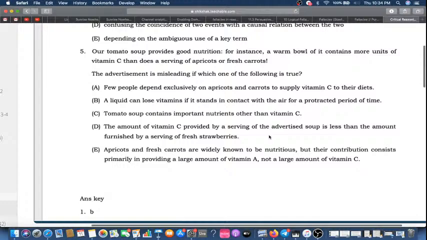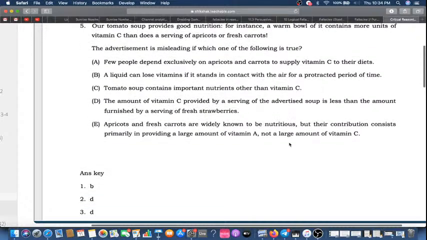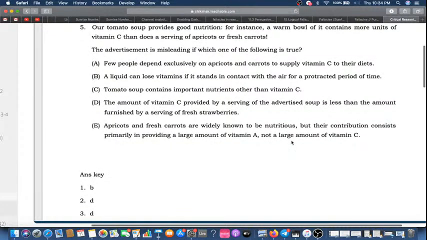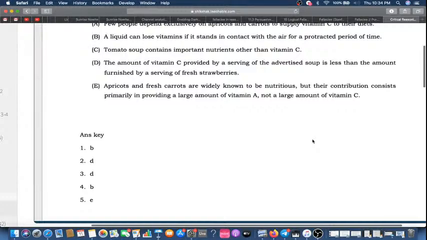Actually, let question number 5 be homework for you guys. The answer key is given in the sheet. Not only that, there is a discussion also available on the same page, quite a detailed discussion as such. It's in Hindi. That's the only difference. So I'm doing an English version of all the questions that are there in Hindi. So I'm leaving that last question up to you. If there is a problem, please go through the discussion. Yeah, I think the answer is E.